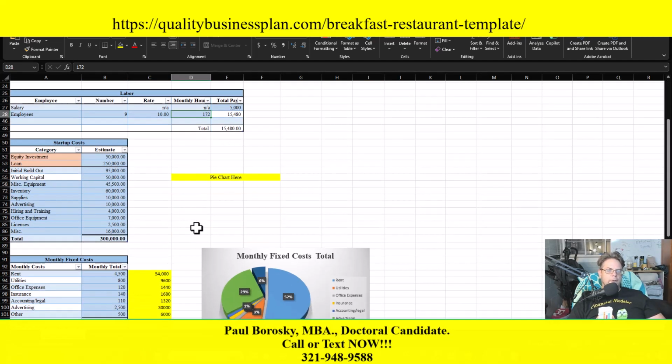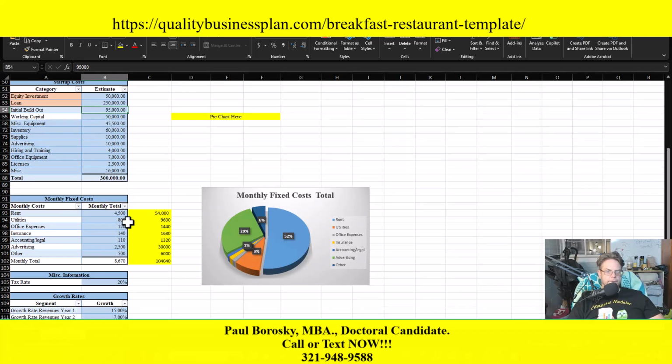The rate of pay on average per employee, and the number of hours monthly for the employees, you'd put right here. The next segment is going to be your startup costs. You need someplace to put your startup costs, so I give you that. The first two lines are going to be how you're going to be funding your startup, and it could be either equity investment or a loan. And then below that are some buckets where you can divvy up your investment cost or your startup cost, and you can show whoever's going to be the reader where the startup funds are going, and it's broken down here.